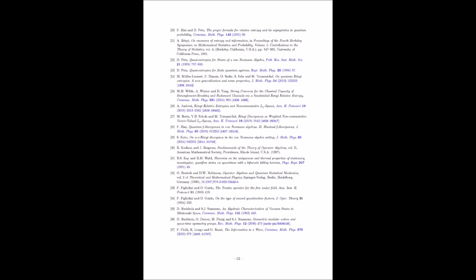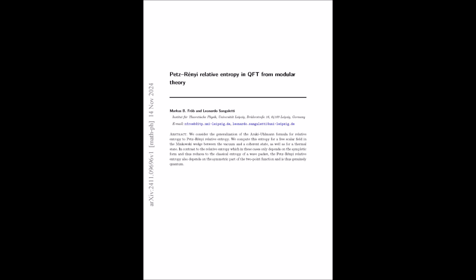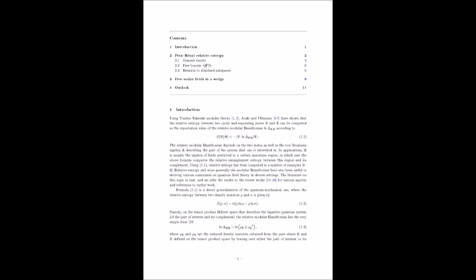Exactly. And that's crucial because the paper highlights that the Araki-Uhlmann formula gives us just a partial picture. A partial picture. What's missing? The Araki-Uhlmann formula gives us the overall difference, the total information difference between states, but it doesn't tell us how that difference is distributed across different properties, like energy level. Ah, I see. So it's like knowing two cities have different populations, but not understanding the age demographics of each city. That's a good way to put it.